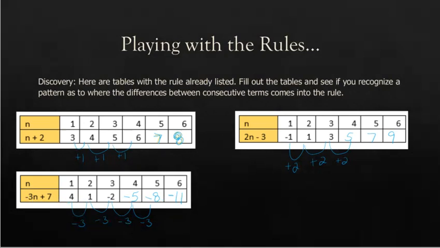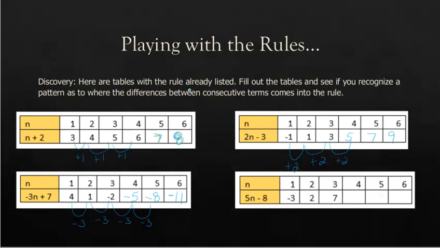Okay, one more. Hopefully you're starting to see where it comes in. All right, my first term is -3. My second term is 2. My third term is 7. I don't like negative numbers, so I'm going to do this difference first. Between 2 and 7, I added 5. So from -3, if I add 5, I sure do get 2. All right, so I'm going to add 5 and get 12, add 5 again and get 17, add 5 again